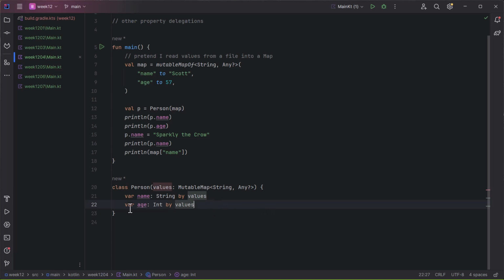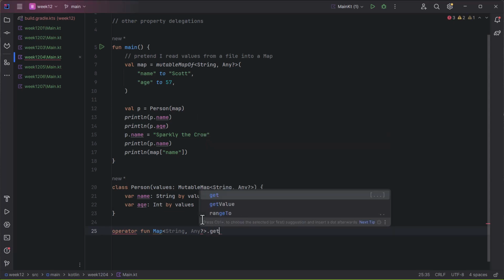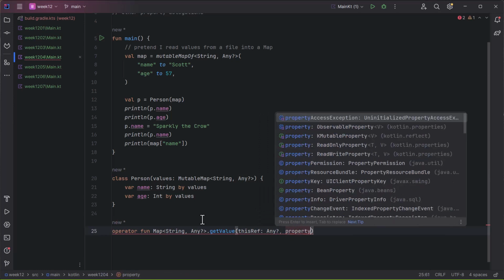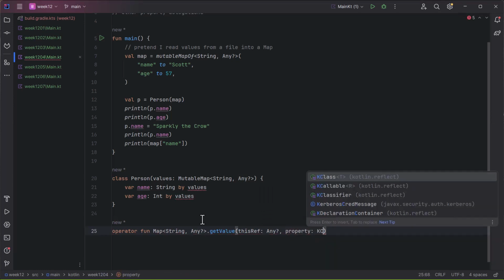No, actually it's doing a lookup on the map. So kind of what this is doing, let me see if I can just write these out. So we said operator fun map string any. Actually, I'll do it this way for the moment and see if I might be able to change the type of it. But if I have this function as an extension function, get value, and then we say this ref colon any question mark and property k class star,